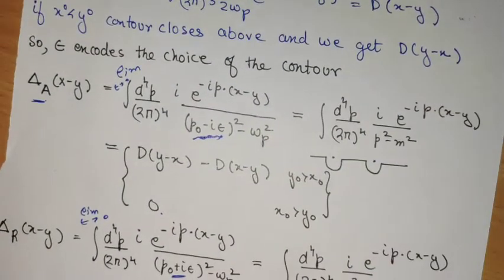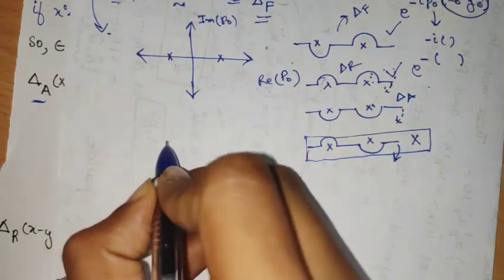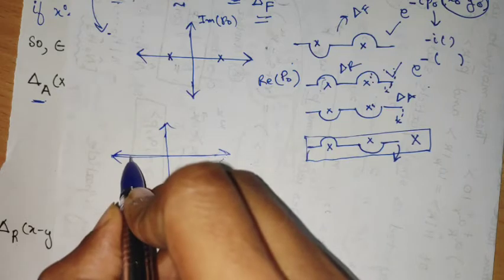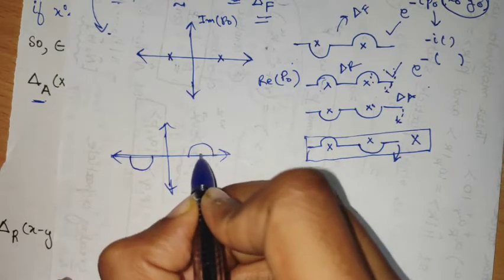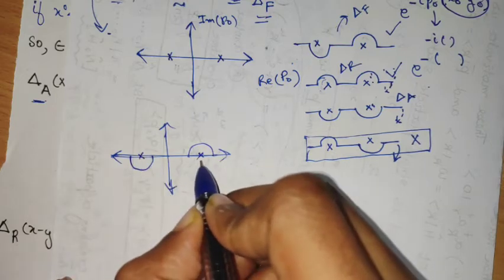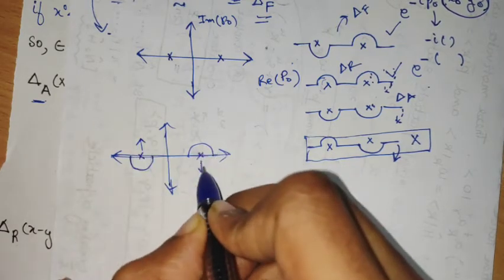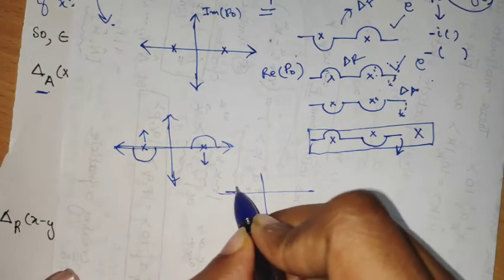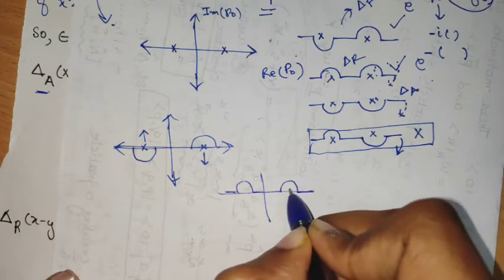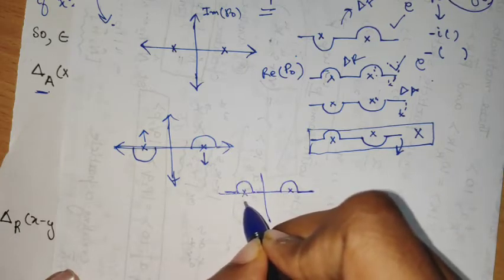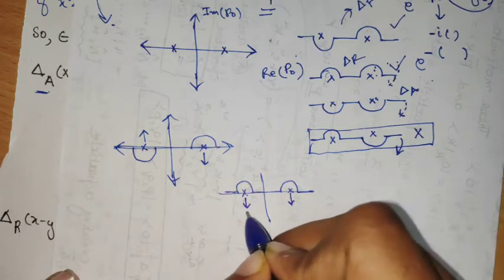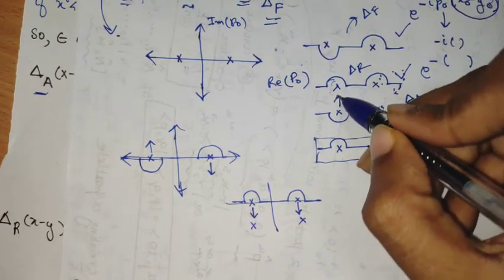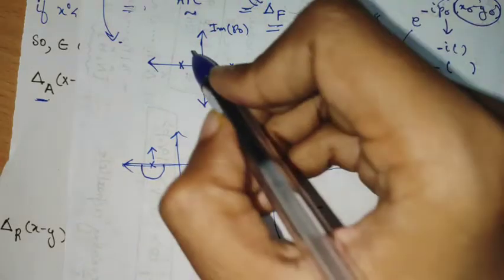So now what it is doing is that, suppose you have the axis and you have the Feynman propagator contour like this. The epsilon prescription is shifting this here and this here. It's like rebounding the poles from the cups. Similarly, if you suppose have this particular contour, which is for the retarded Green's function, the epsilon prescription will rebound these both, and I will get poles like this. Similarly, for the advanced, they will go up towards the positive side of the real axis. So they will come somewhere here.